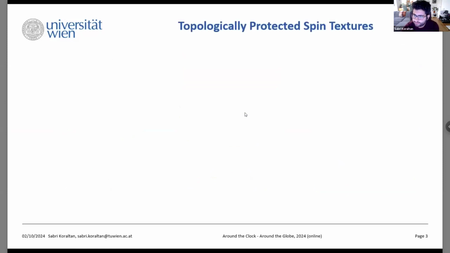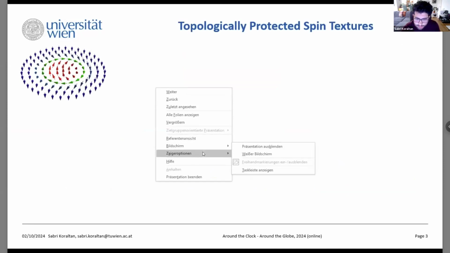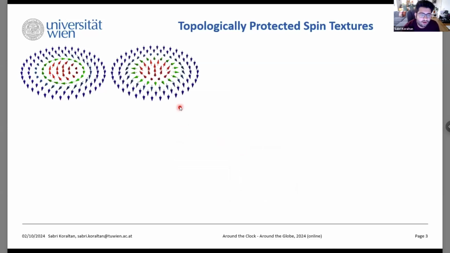As an introduction, we've already seen many interesting talks on skyrmions today, so I hope you are already a little bit familiar with them. Nevertheless, skyrmions can be described as topologically protected spin textures. Let's assume that we have these two configurations. This can happen in a ferromagnet with a perpendicular magnetic anisotropy, which means that the magnetization outside, for example, points down, and then we have a core, so we have a spin object. Inside the spin object, the magnetization points up, and then we have a domain wall enclosure, which separates the inner core from the outer plane